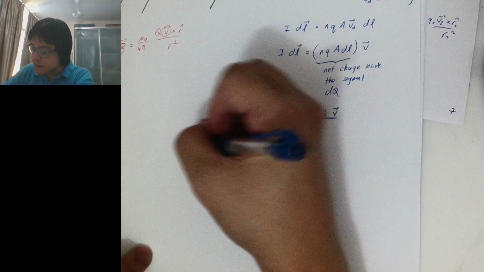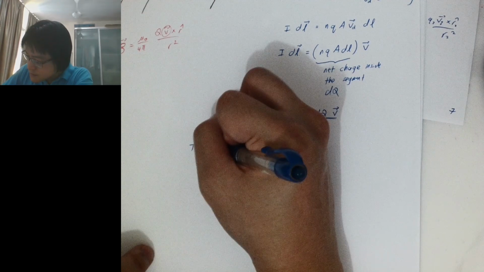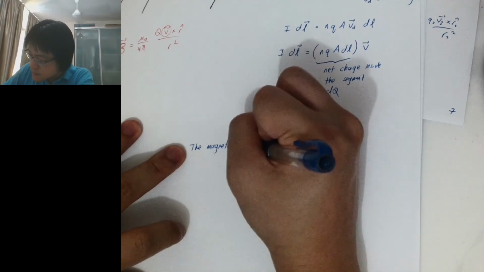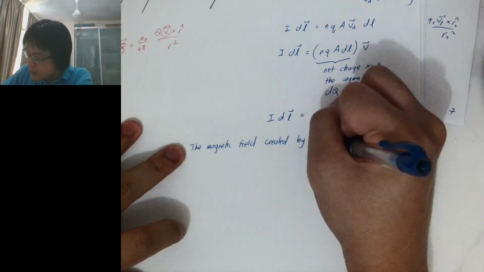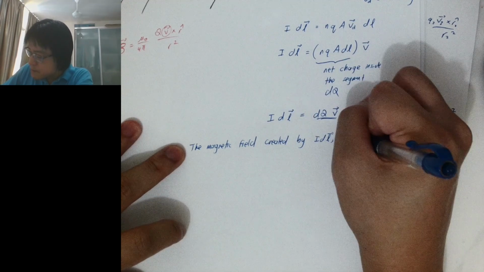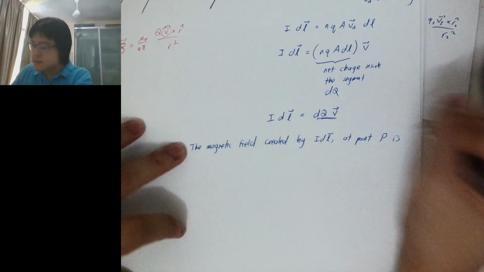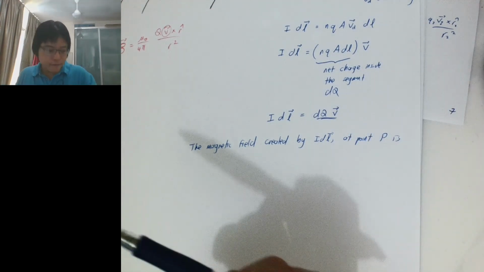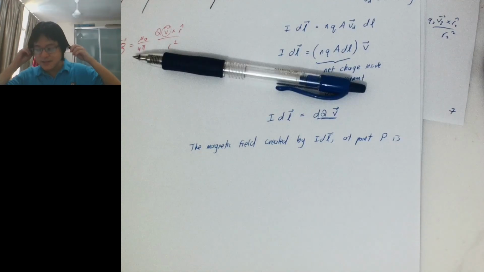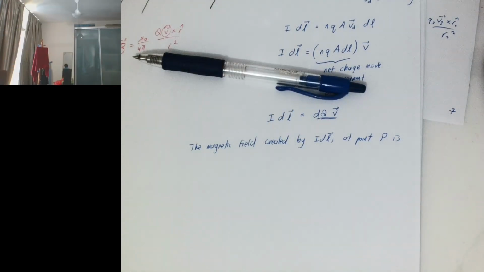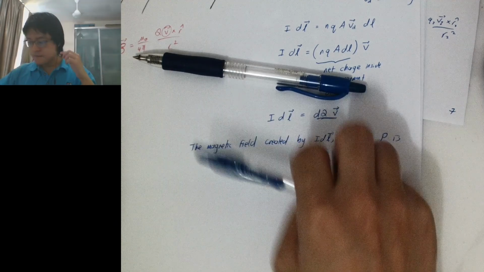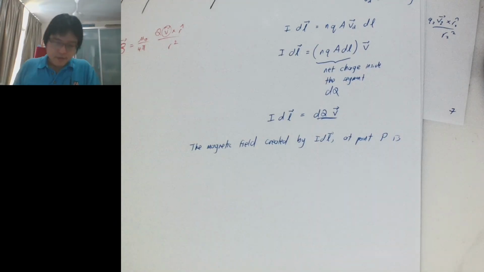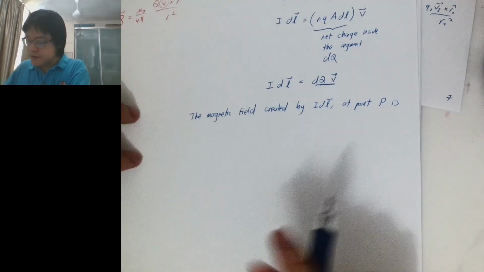So the magnetic field created by IDL at point P is what? I'm running out of ink, so I need to get a new pen. Okay, yeah, this one has ink. So the magnetic field created by this is